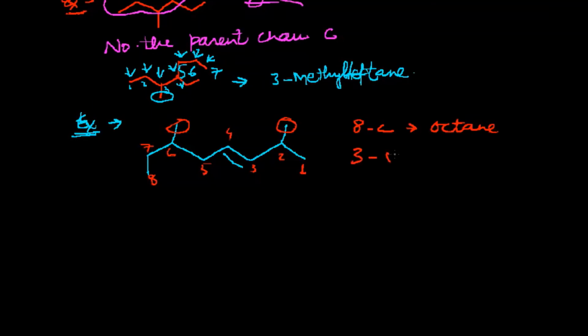It has ene, and it has 2 methyl substituents. One is at second and the other one is at 6th. So it is dimethyl, and thus its name would be